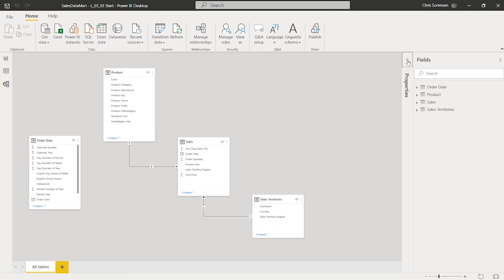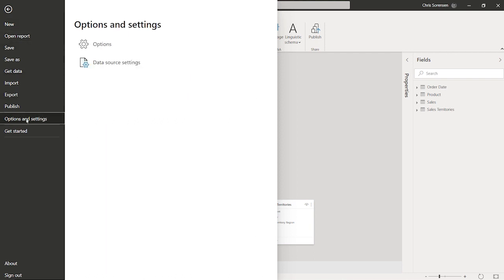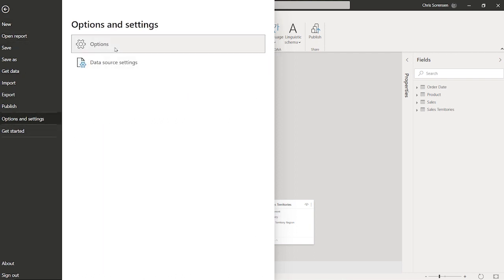I'm just going to close these panes off to give us a little bit more real estate. And we can see that we have a number of tables brought into our model view, and some relationships have already been created for us by default. The reason these relationships were created for us was because of a property over here in the file menu. So I'm going to go to the file menu, go to Options and Settings, under Options,